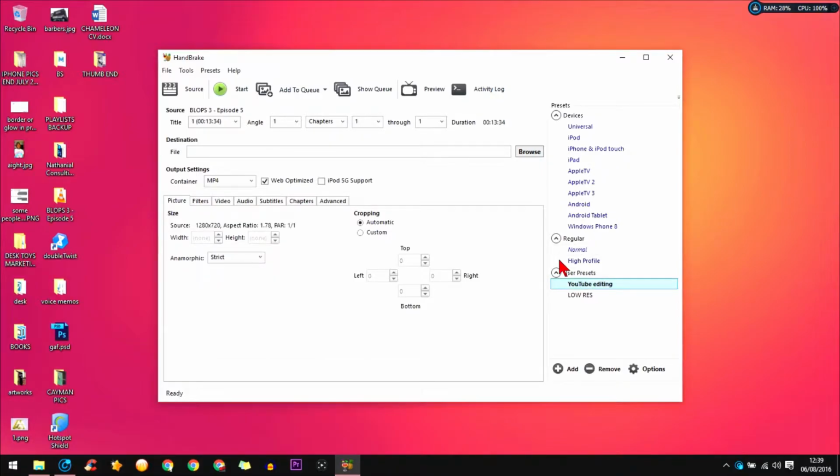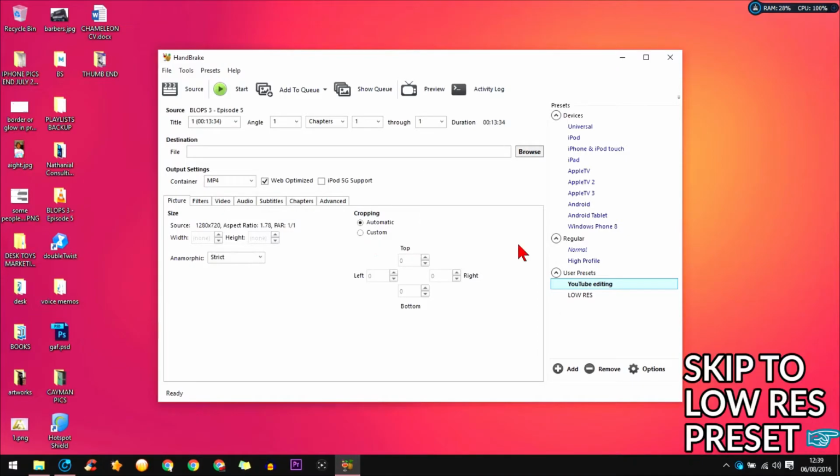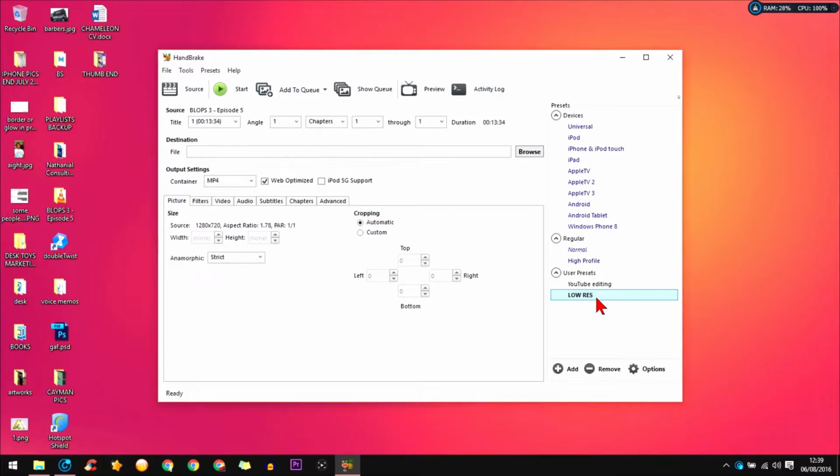As you guys can see, I've got two presets over here, the YouTube editing and the low res presets. The low res preset is actually the main one for this video. That's what's gonna get you your 95% file size reduction. But quickly running over this YouTube editing preset, I basically use this to reduce file size without affecting quality. This low res, I forgot to tell you in the beginning, will reduce it dramatically because it will pixelate it